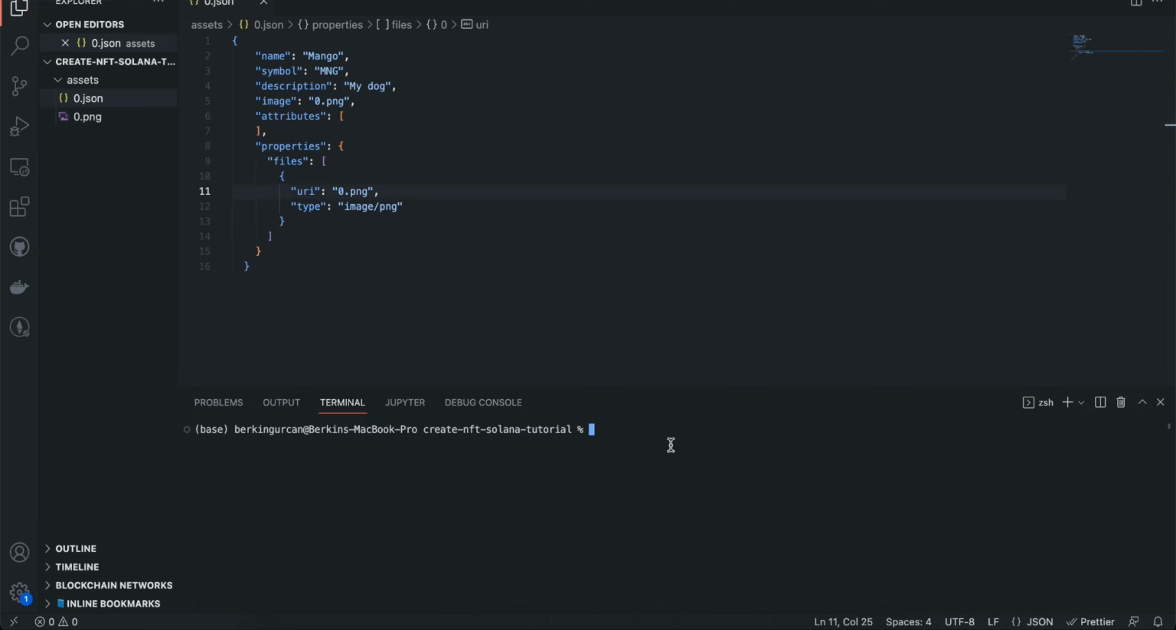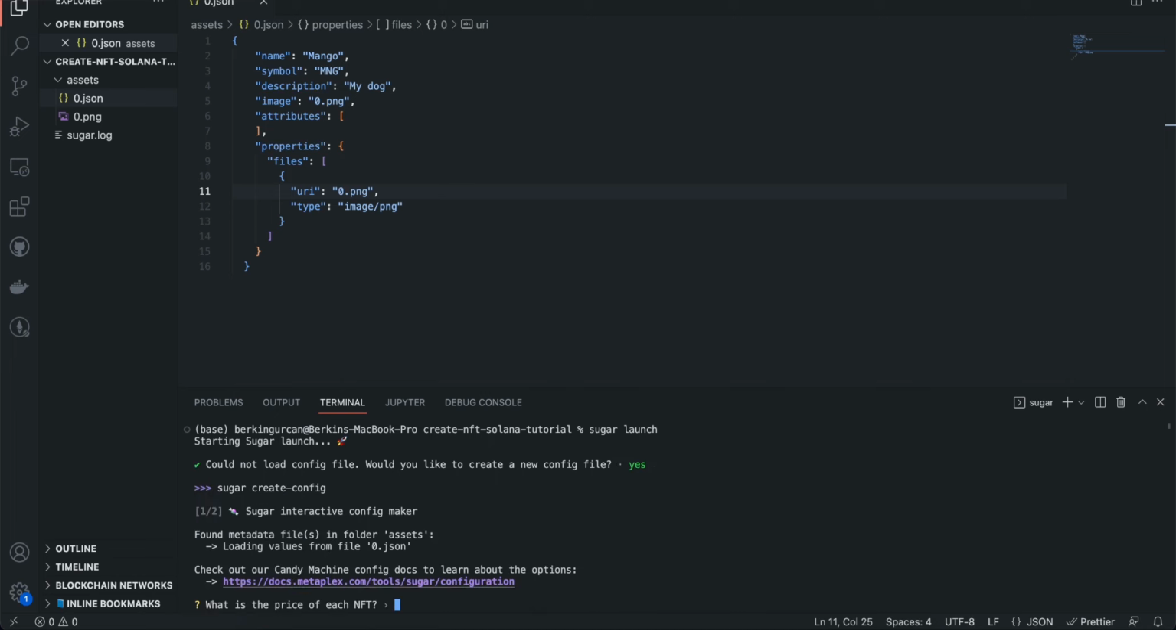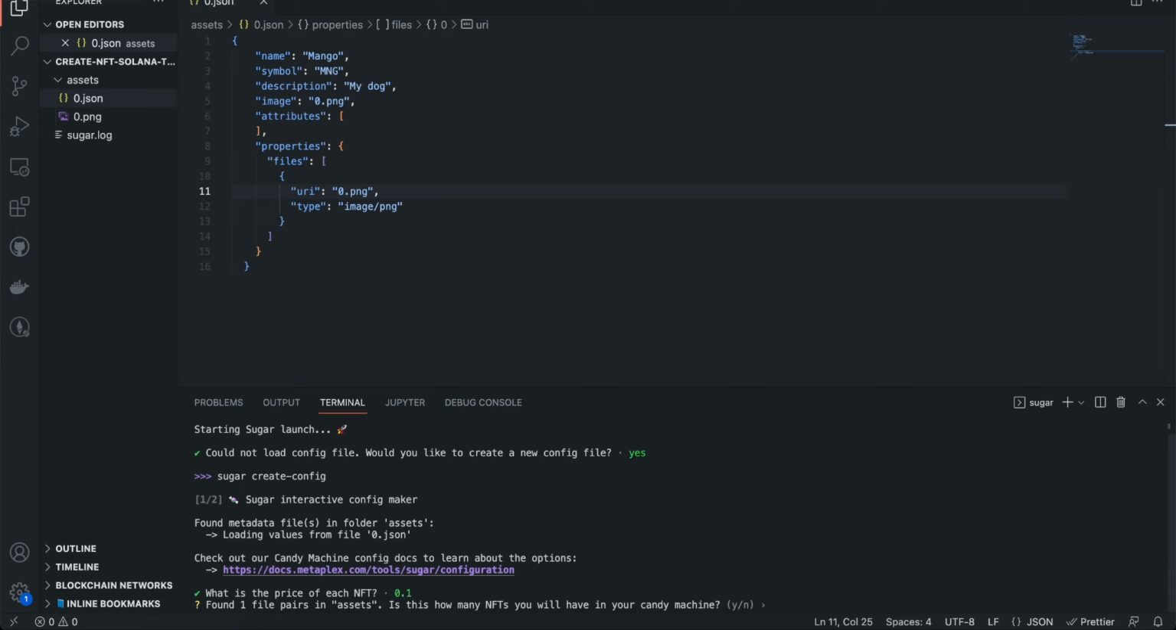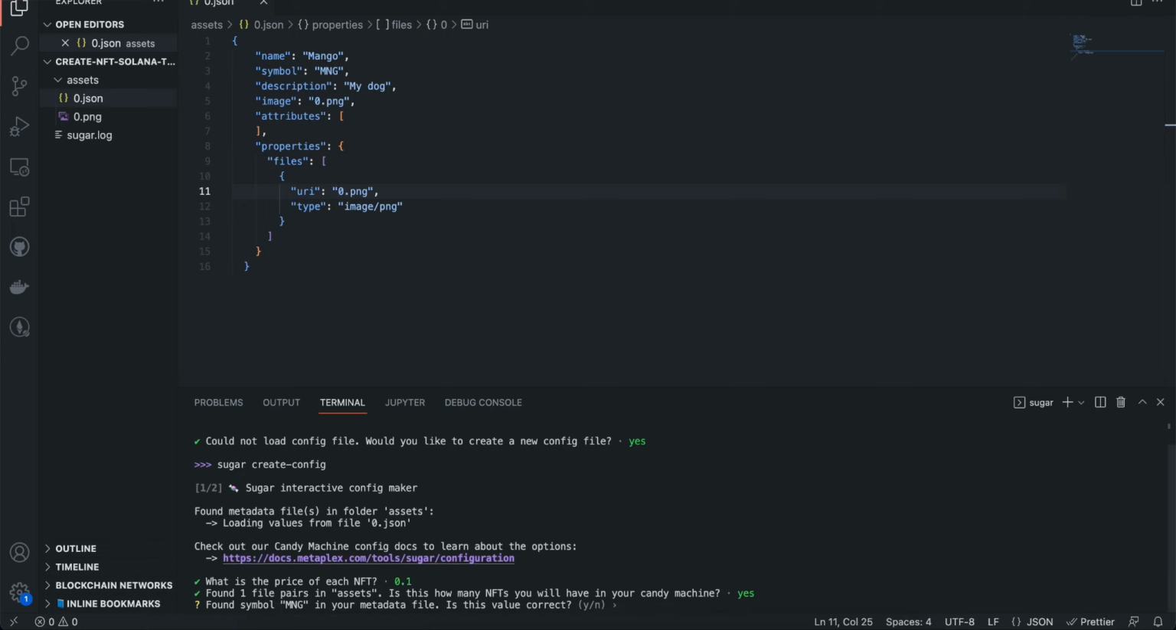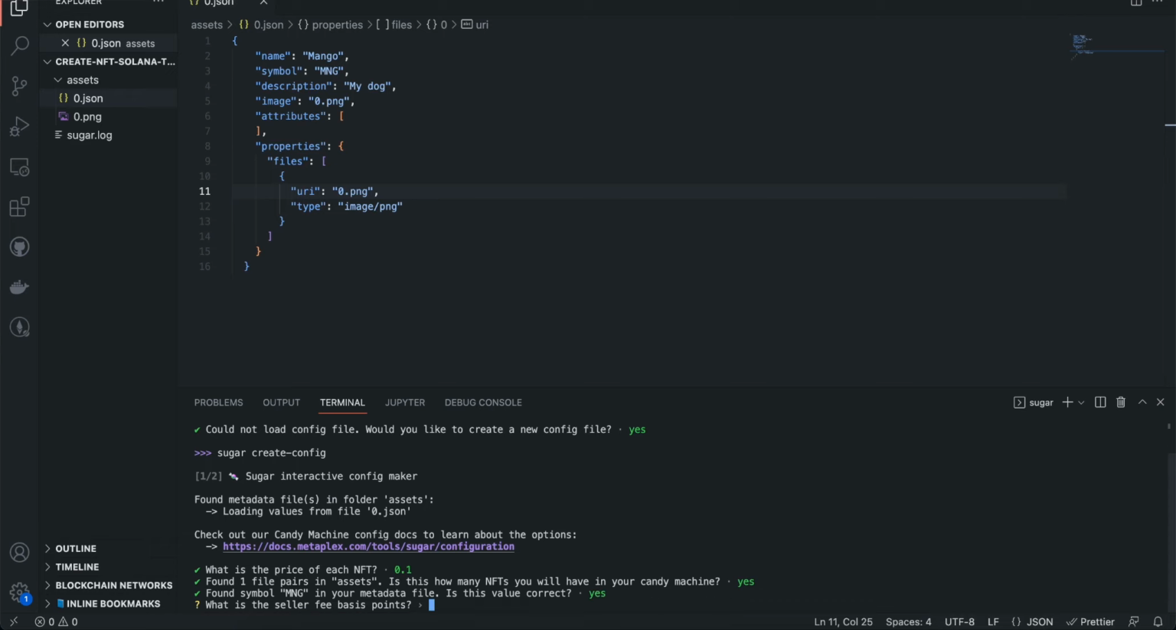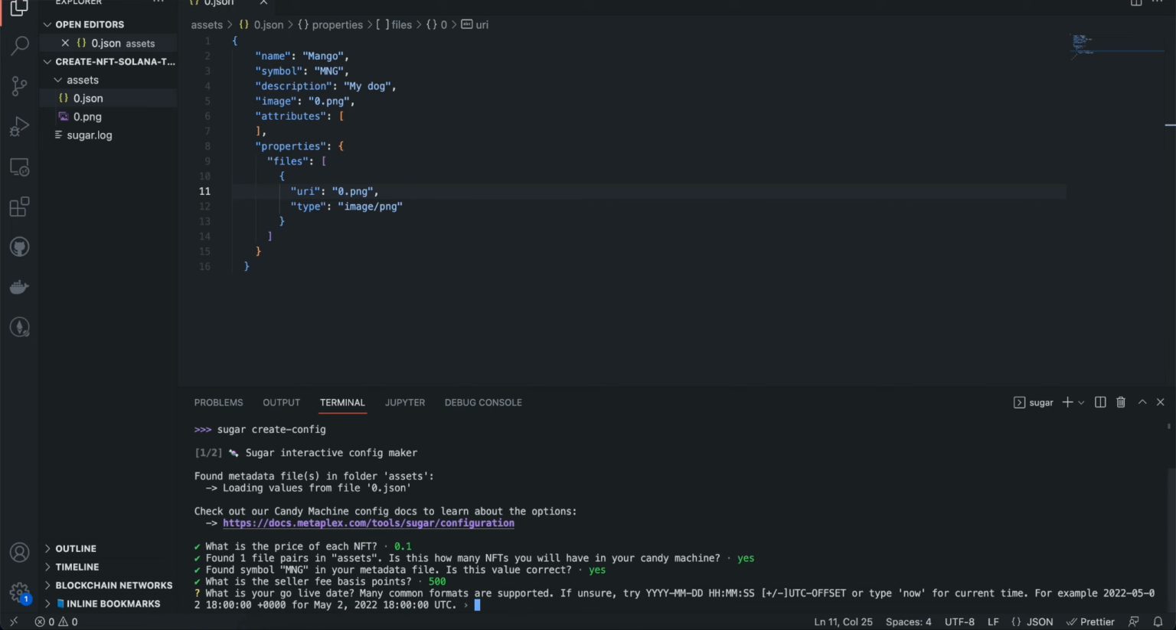And in the terminal we write sugar launch and say yes. It asks us the price of each NFT and I give 0.1. Yes, yes. And we write 500. And now, because we want to create one,